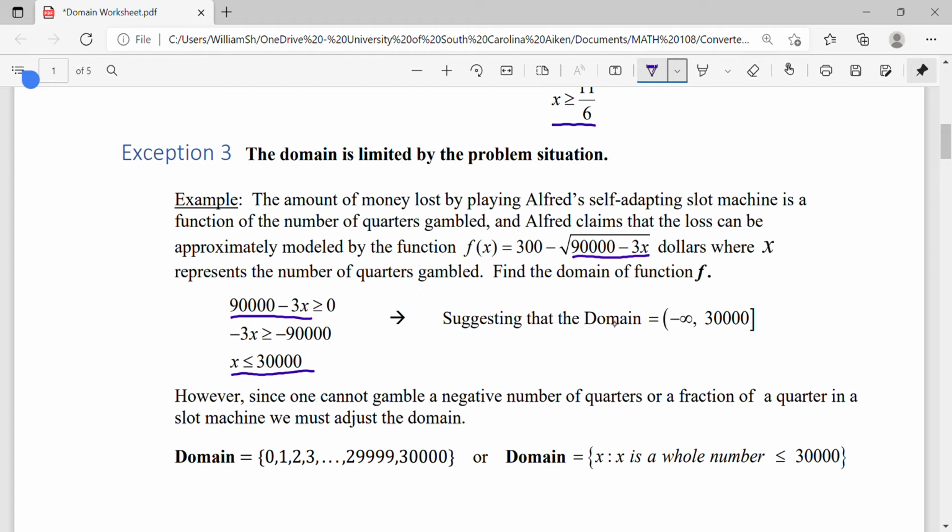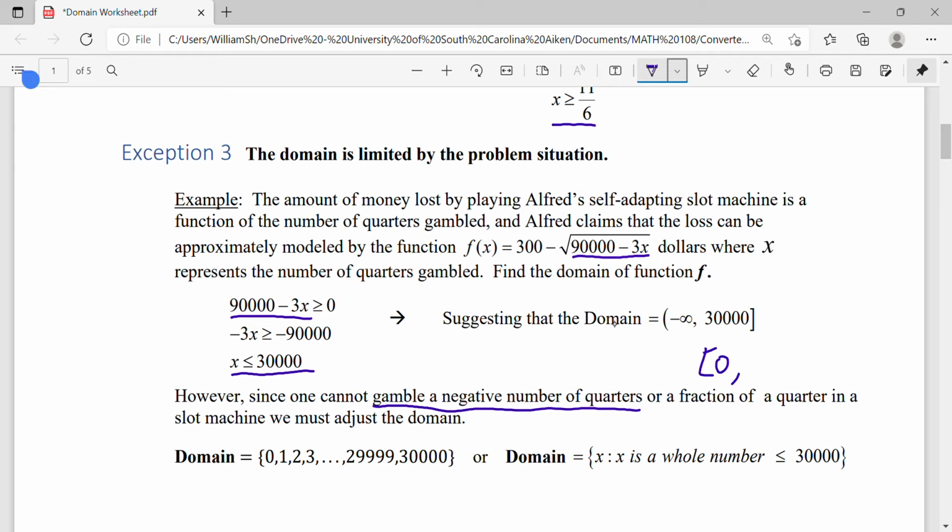However, because it's a word problem here, we have some other assumptions that are kind of made, right? So the first one being highlighted here is we can't gamble a negative number of quarters. Kind of wish we could, right? Kind of wish I could put nothing in and get something back, but we can't gamble a negative number of quarters. So we can only really start at 0. We can gamble no quarters, that's fine. But then we have to kind of start thinking ahead too. So it's not going to be necessarily 0